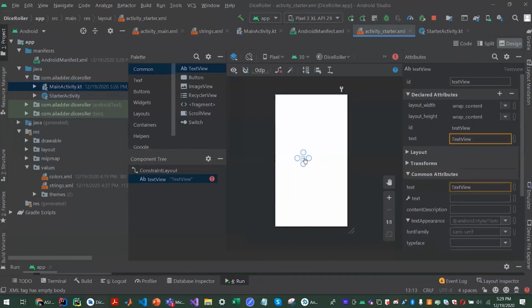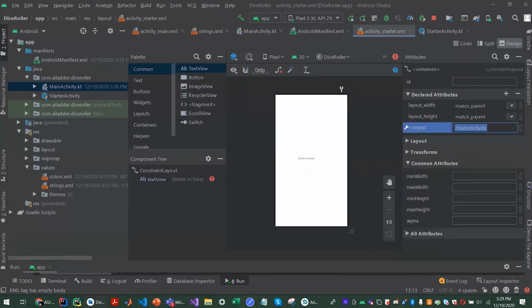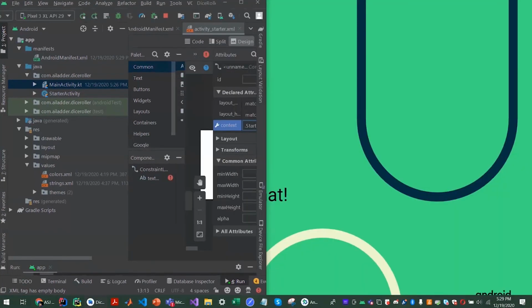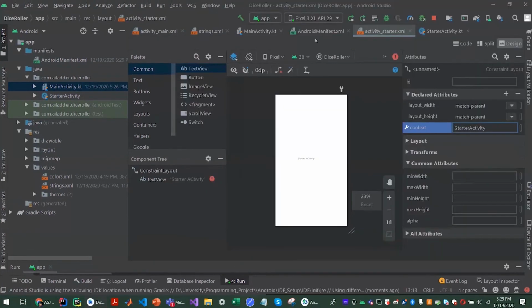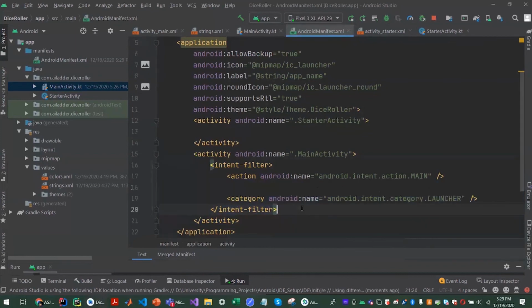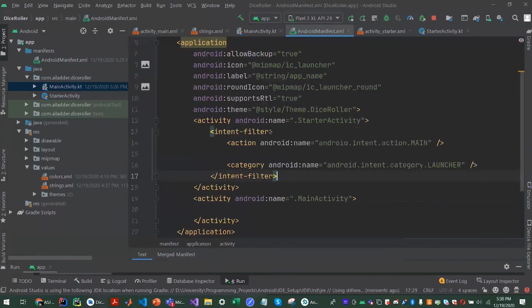I'll just drop a text view quickly, just to show. And if you remove all this part here and add it here, this should launch first instead of the main activity we just saw.